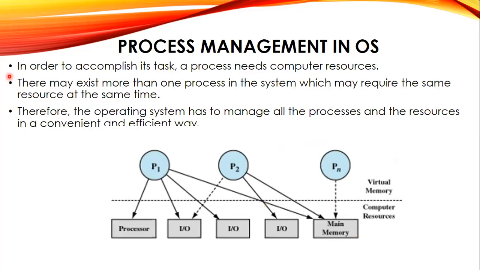Okay. In order to accomplish this task, a process needs computer resources. So there may exist more than one process in the system, which may require some resource at the same time. I mean, computer resources is something like that. And think about that. You have to write something, but